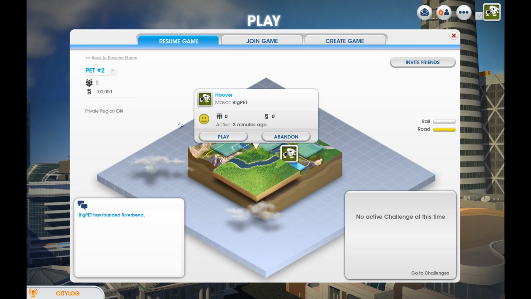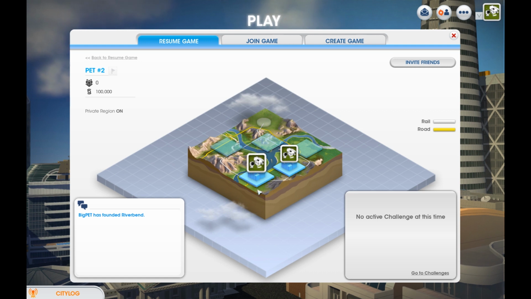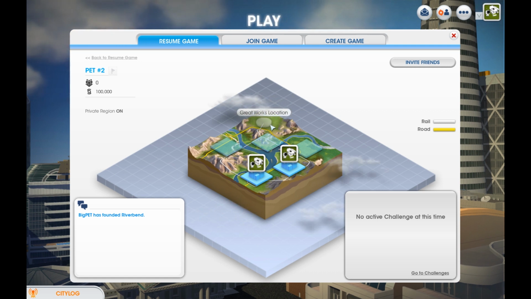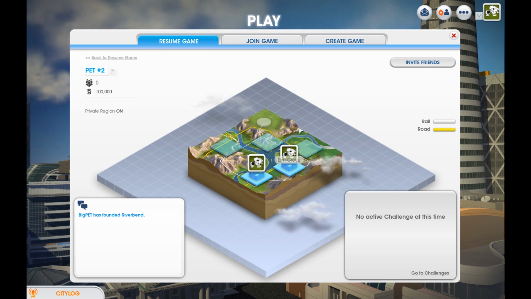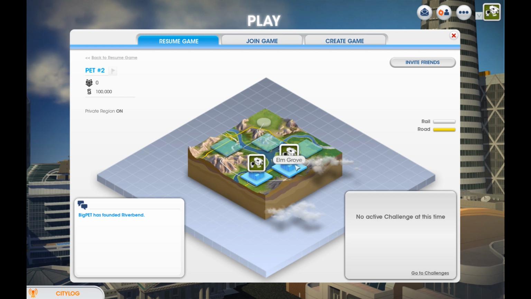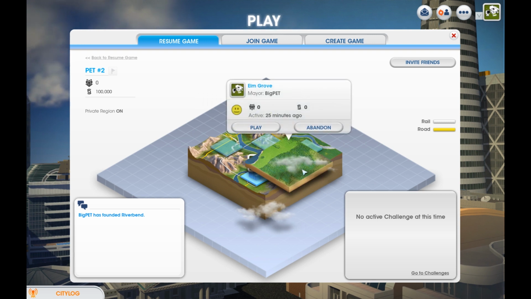I wasn't sure what name to give it, so I just thought about Hoover Dam, but anyway, it doesn't matter. So as you can see, there are 5 regions and 1 Great Works location. Hopefully, maybe I'm going to play with my girlfriend in this region, so I just took these 2 regions, and this region had a lot of minerals and so on, while this didn't. So in theory,